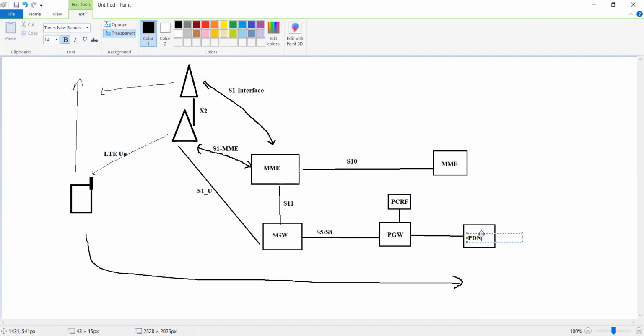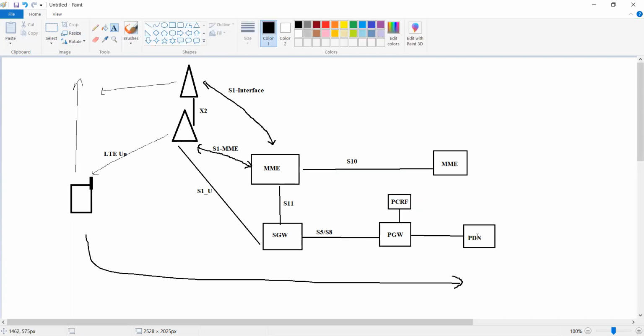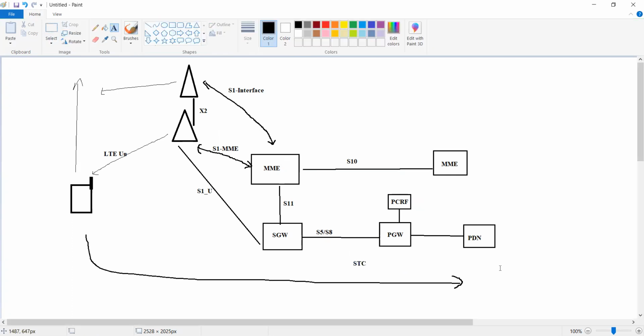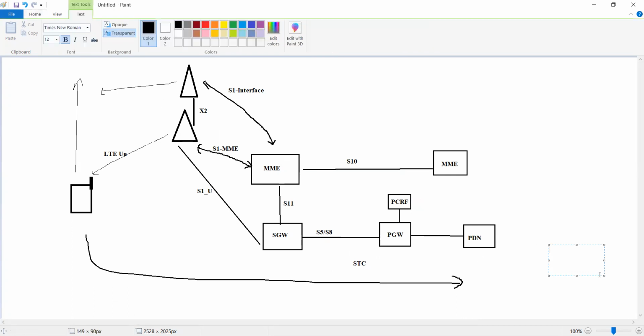It can be any network, an IMS network or any internet throughout the world, any network that can provide the internet. It may be a different operator also. Suppose this P gateway is contacting the PDN network. Suppose this whole network is my STC network, Saudi Telecom Communications, right? In Saudi, which operator is there? Mobile, STC, Zain. STC, is it correct? Yeah, STC. Okay. So suppose there is a mobile operator here.